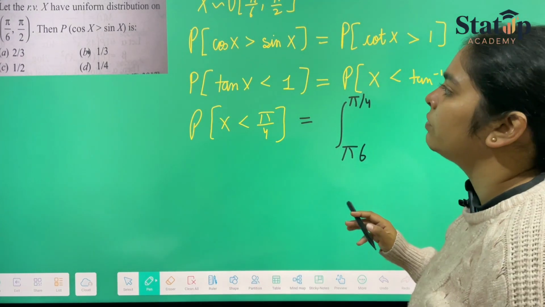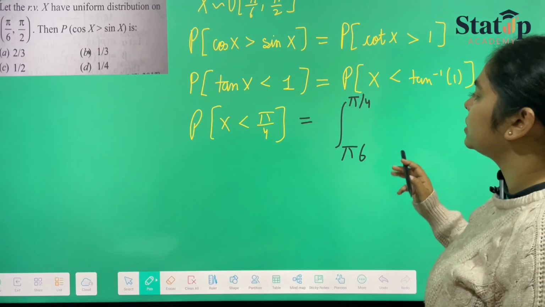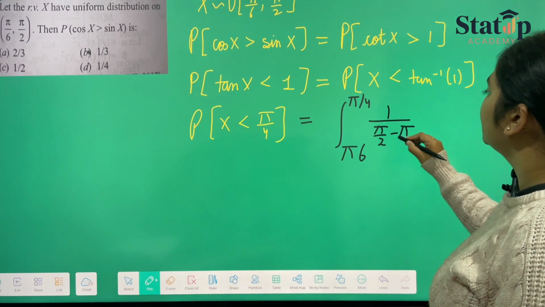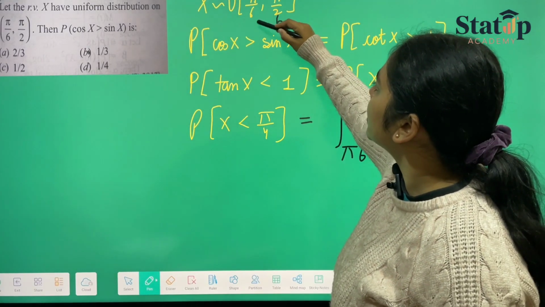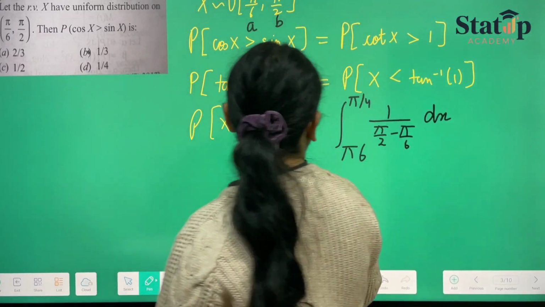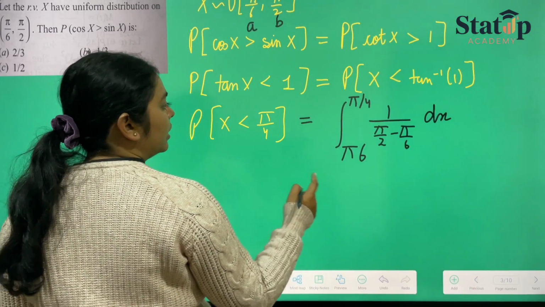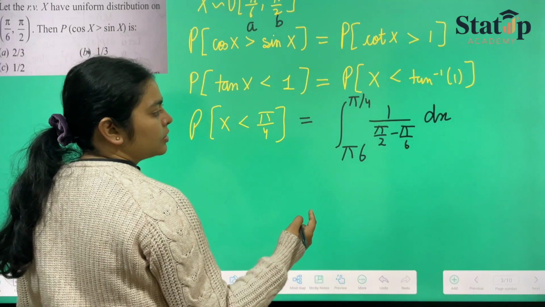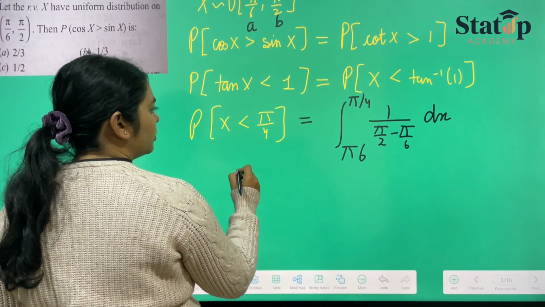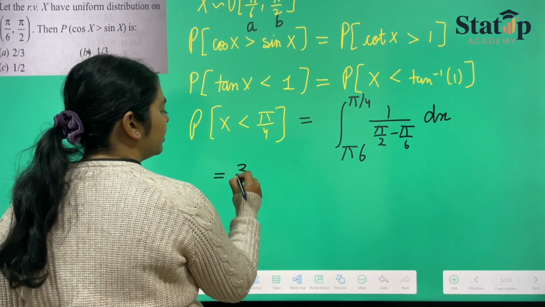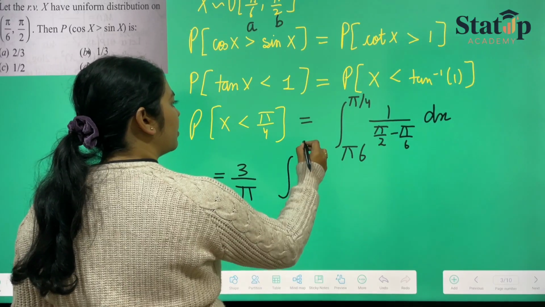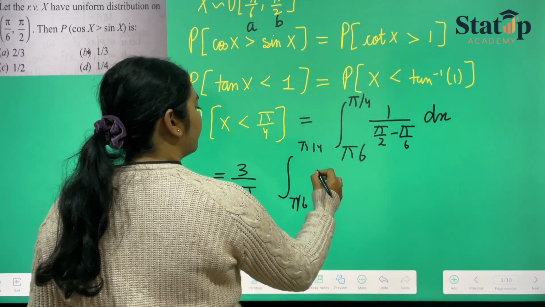Now what will be the value of f(x)? It will be 1 upon b minus a. So 1 upon pi by 2 minus pi by 6, b is this, a is this, dx, right? And 1 upon pi by 2 minus pi by 6 will be 3 minus 1, which is 2 by 2 pi by 6, which is pi by 3. So if I take it outside, it will be 3 by pi integrating pi by 6 to pi by 4, 1